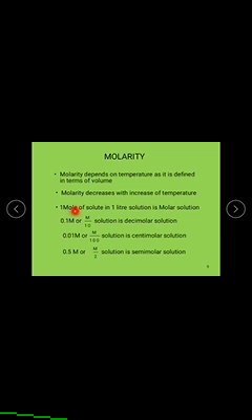In the case of molarity of the solution, if it is 1 M, then it is treated as a molar solution. If it is 0.1, then it is a decimolar. If it is 0.01, that is a centimolar. If the molarity is 0.5, the solution is called a semimolar solution.